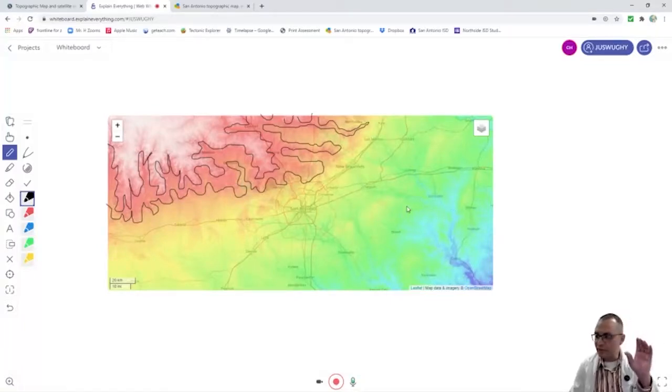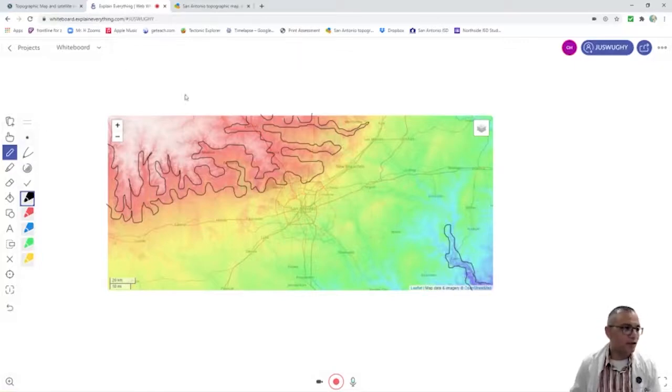You do have some in-between colors that you can try to trace, but again, that just depends on how good you want your topographical map to look. So I'll just do one more just because it's down here. So you see this dark blue. So I would do this dark blue here, and then this would be another contour,